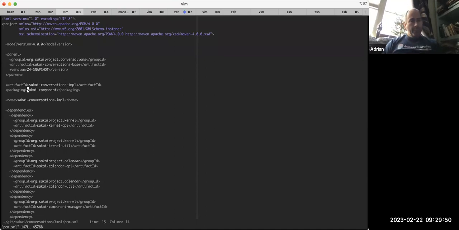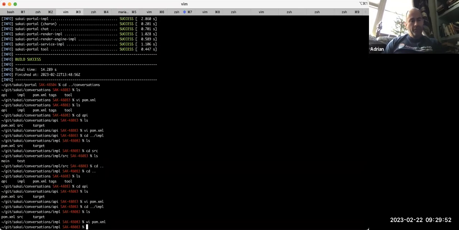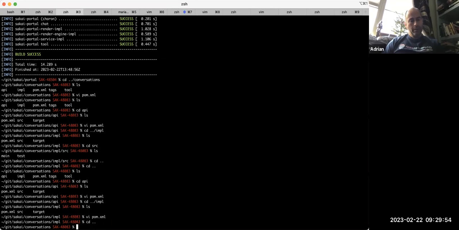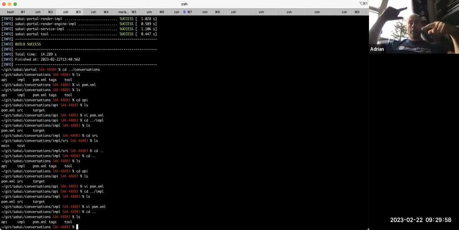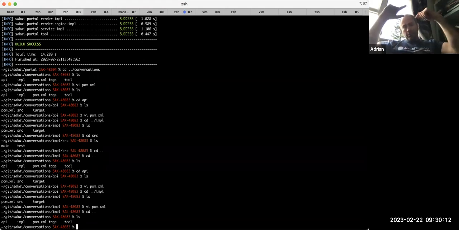I know I'm laboring this point, but that is what these folders map onto. API maps onto the top class loader, library, this one up here. Impler maps onto the components class loader. And tool maps onto the web apps class loader. So that's kind of why we have these